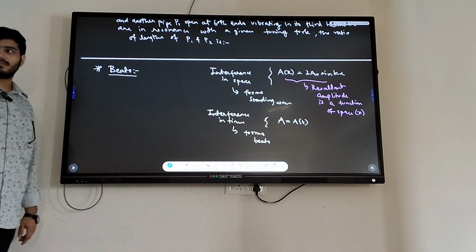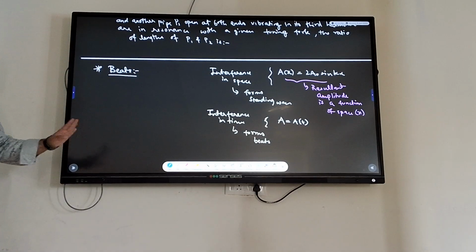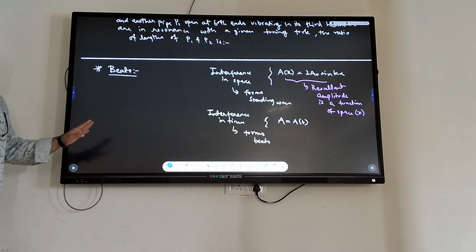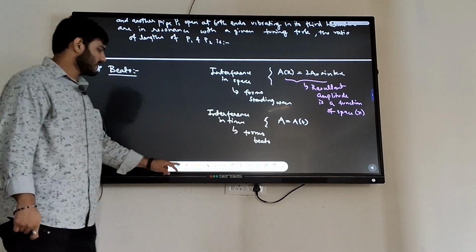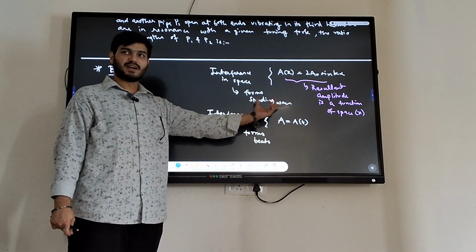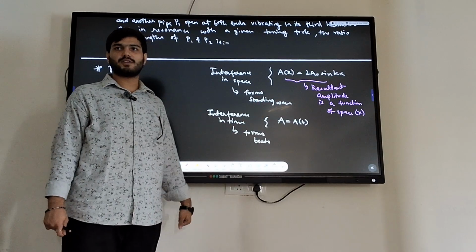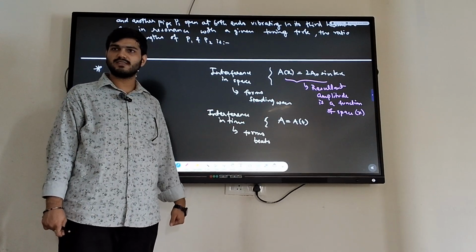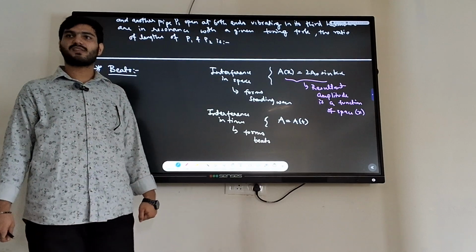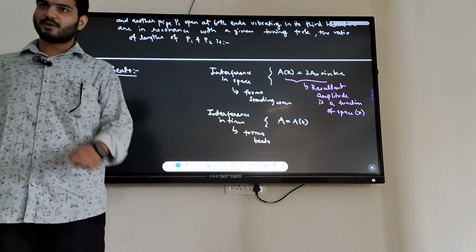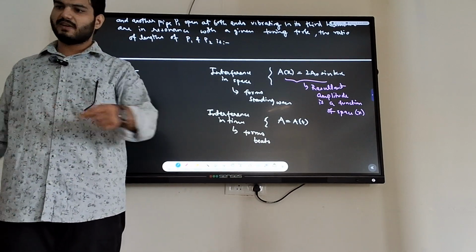So what is beats? It's again just interference, nothing new, but the conditions will be different now. Why? Because if you remember, for the formation of a standing wave there were different conditions that you had to follow. Do you remember those conditions? The sources had to follow some conditions. They had to be coherent sources, and the waves must be moving